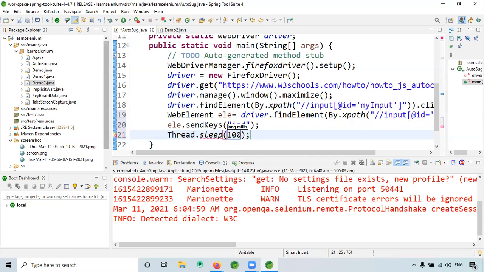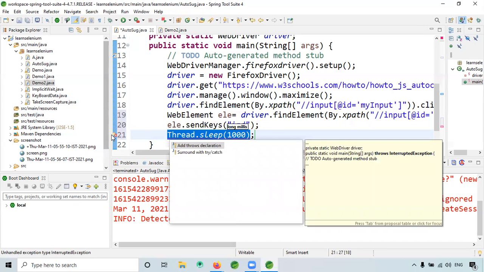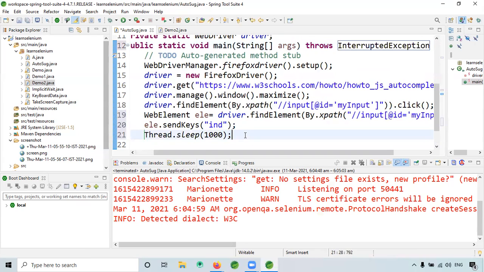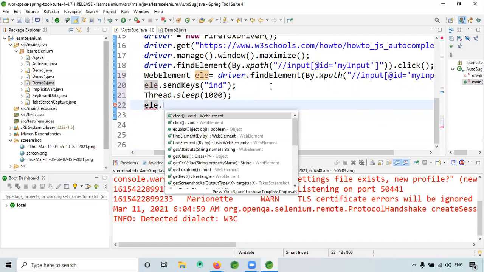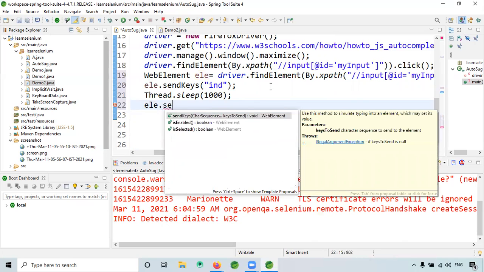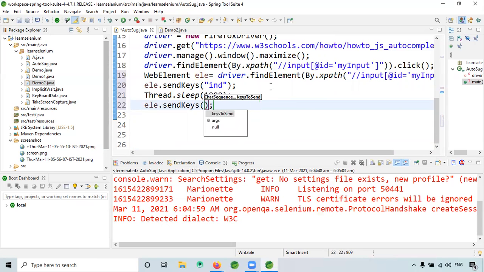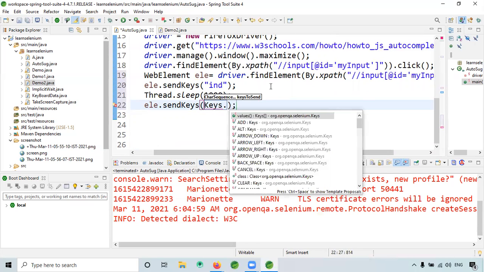Let me wait for 1 second. Add this one. Here we are not using wait, we are using sleep just for testing. Then ele dot send keys. Yesterday we learned, right? Keys, when I give dot, which one do we have to enter? Arrow down.